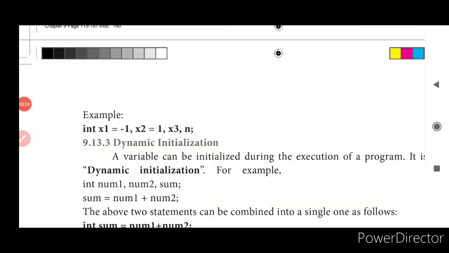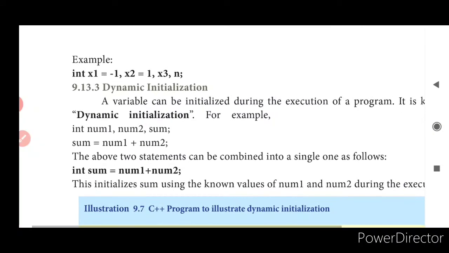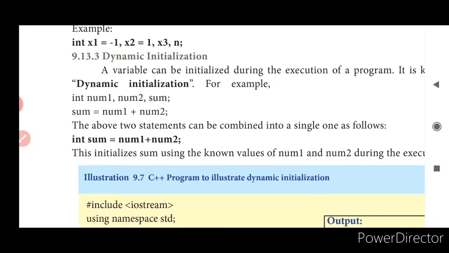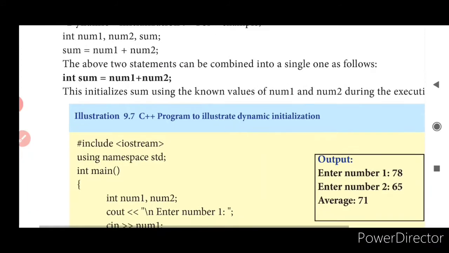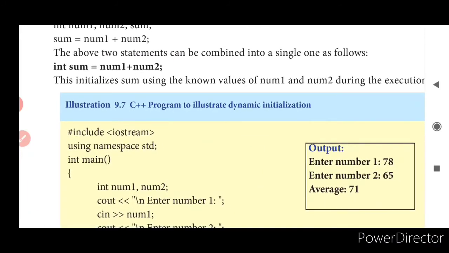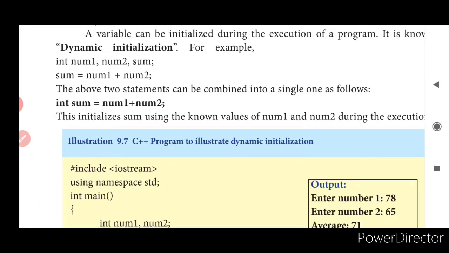Variables of the same type, if they are all integer, I can initialize them during the initialization part in a single statement itself. Yes, what is meant by dynamic initialization? In the last class, in your live session, I taught you, isn't it? What is dynamic initialization? During runtime, the variable will be initialized. That is going to be termed as what? Dynamic initialization. See here, int sum is equal to num1 plus num2. During the summation only, we are declaring a data type. That is what is termed as what?